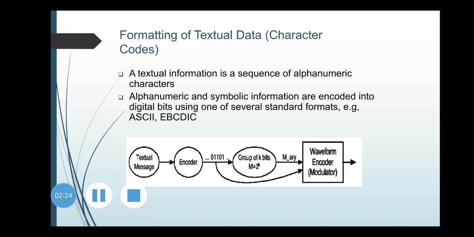By using several standard techniques or standard formats that are available, like American Standard Code for Information Interchange, which in short we call ASCII, and the Extended Binary Coded Decimal Interchange Code, which is EBCDIC, and Baudot and Hollerith. So these are the standard formats which are available with us. We are going to make use of these standard formats, out of which we are already comfortable with ASCII, the American Standard Code for Information Interchange, and then EBCDIC, right?